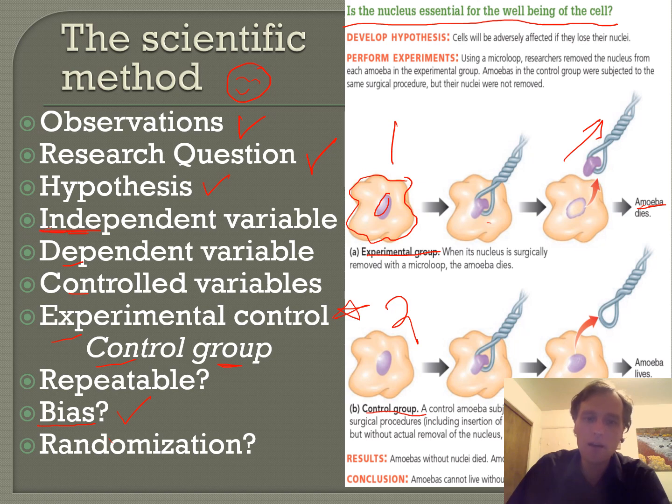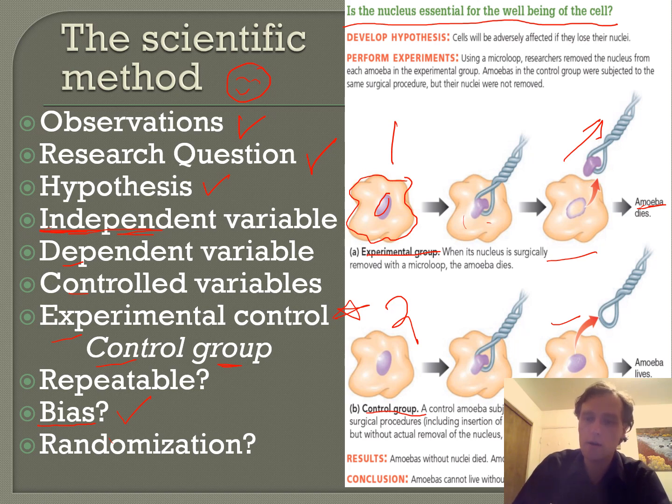And the independent variable in this experiment is removal of the nucleus, or you could say it a different way, has or not a nucleus. Does it have a nucleus or does it not have one? So everything else is the same. Here, what they do is they'll even go to the time and expense of jabbing a hook into the cell, maybe poking the nucleus, and then pulling out the hook, but leaving the nucleus here. So both groups, the experimental group and the control group, experienced all of the same things except the independent variable. The independent variable being removal of the nucleus.